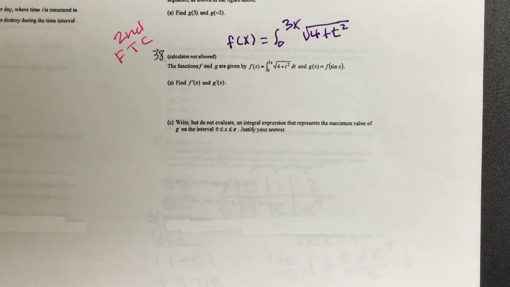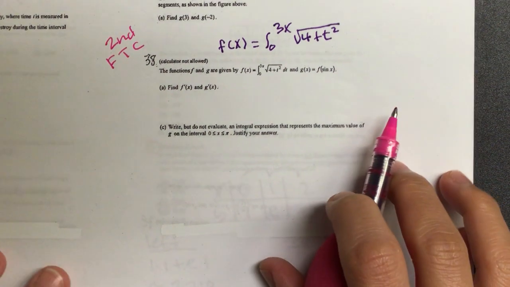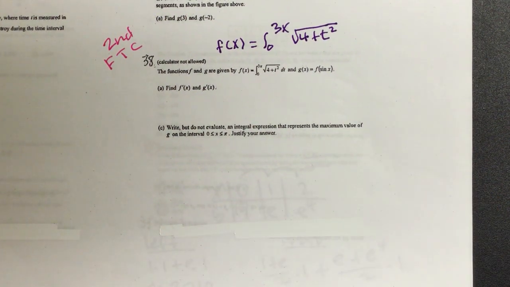The functions f and g are given by f of x equals the integral from 0 to 3x of the square root of 4 plus t squared